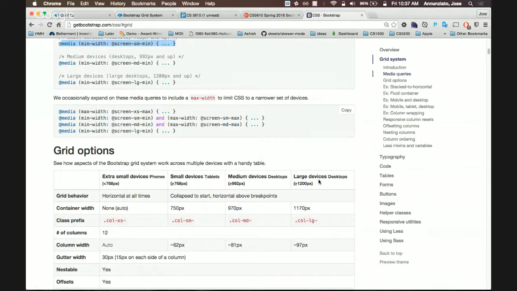Suppose we have three or four style sheets, and we open it on a phone. Will it download all the style sheets? Yes. Being Bootstrap, they all live in the same style sheet. And what they do is